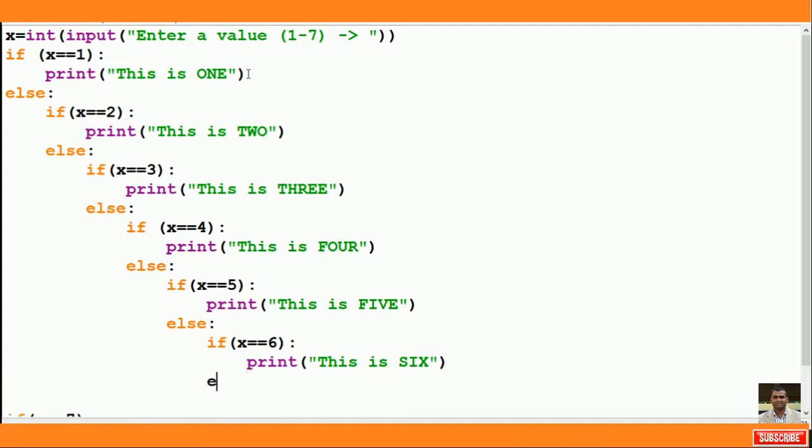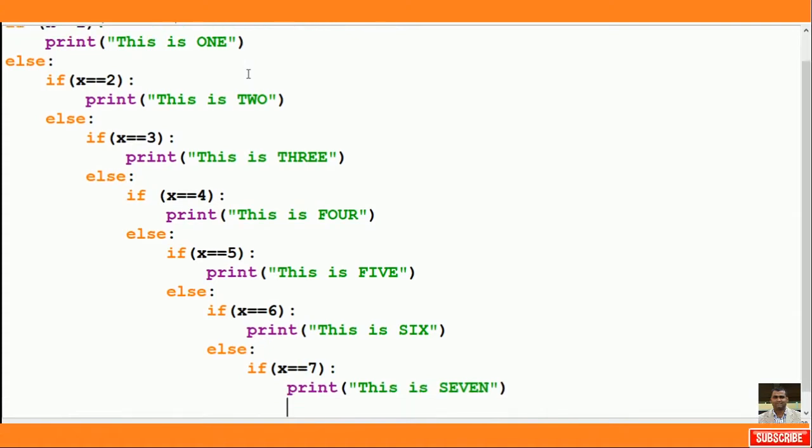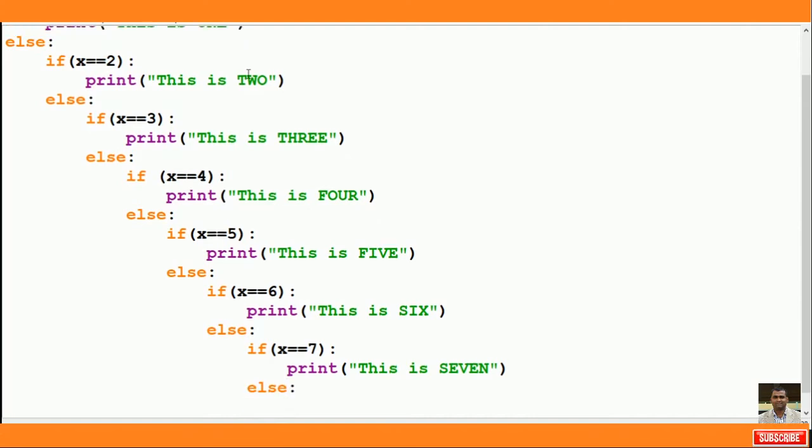Then this if is going to have an else part, you see. If this is not coming correct, then x equal to 7 is coming. Then the true part is printing 7. And now you see this if is going to have its else part. So now if you enter 14, 16 or more than 7, then definitely that will come in this else section. So here I can print any other value apart from 1, 2, 3, 4, 5, 6, 7, and I am going to write here invalid input.